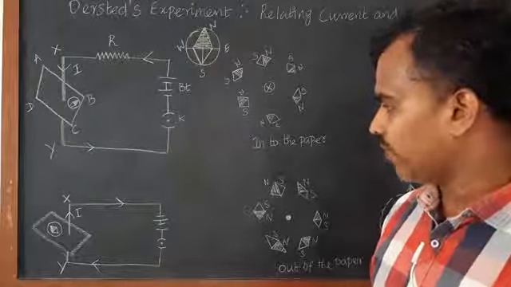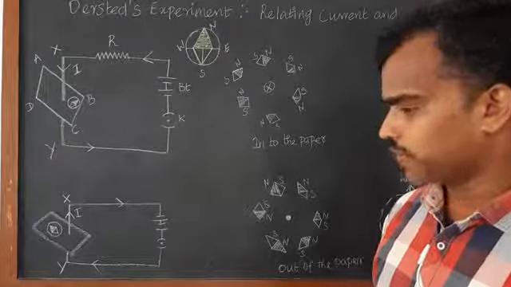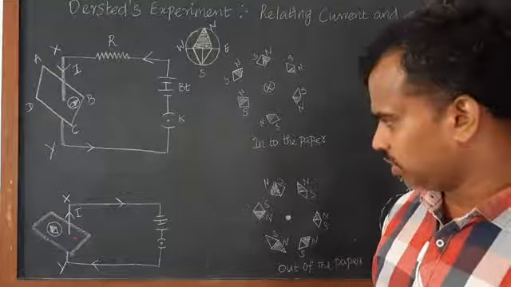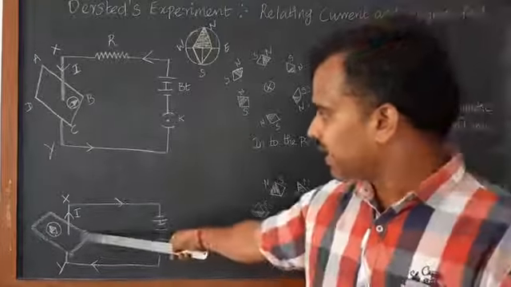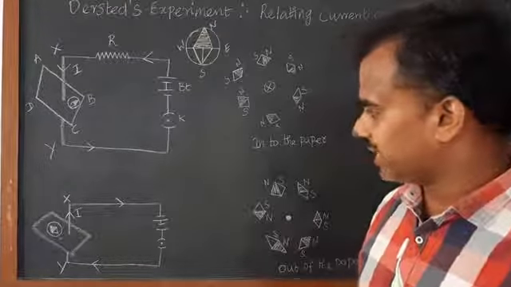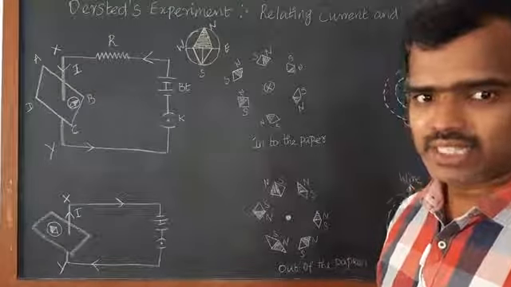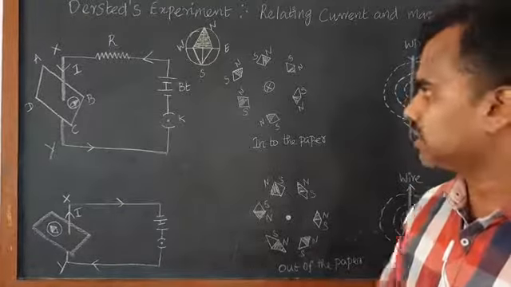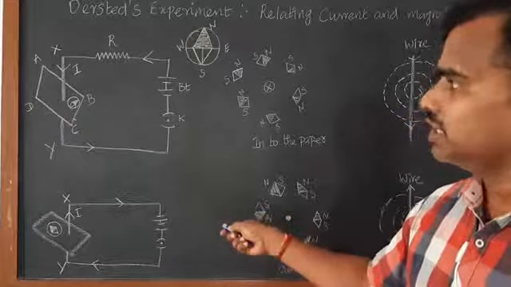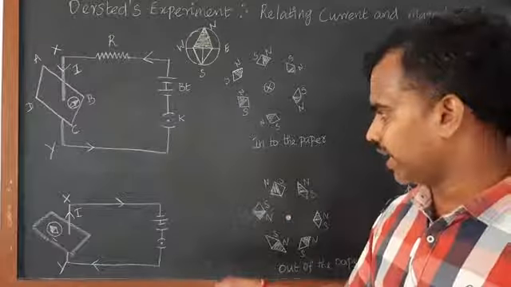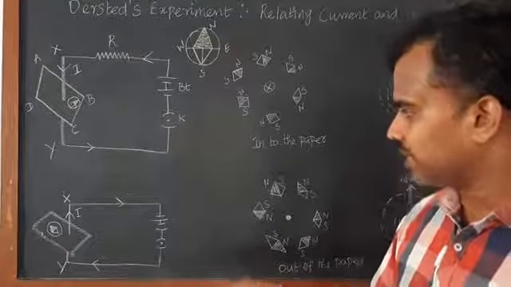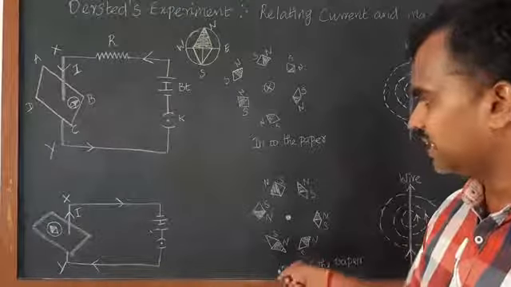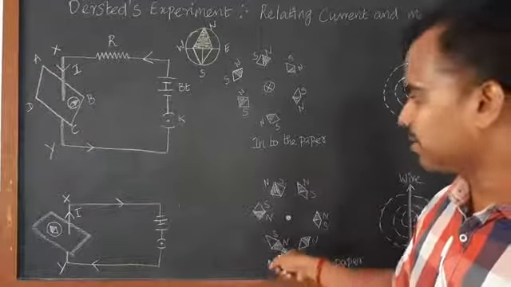When the current flows from bottom to top, the compass needle gets deflected in the west direction. Even if you place the same compass needle on this side, it will be deflected in the west direction. So what is concept number 2 here? The first concept is that the deflection of the compass needle is due to the magnetic field, and if you compare here, the direction of the deflection changes. Why? Because we are reversing the current. Yes, this is concept 2.